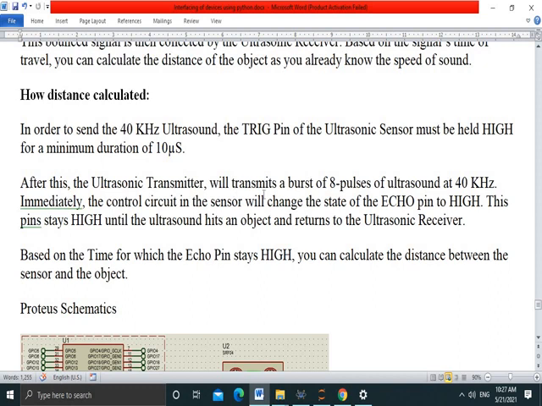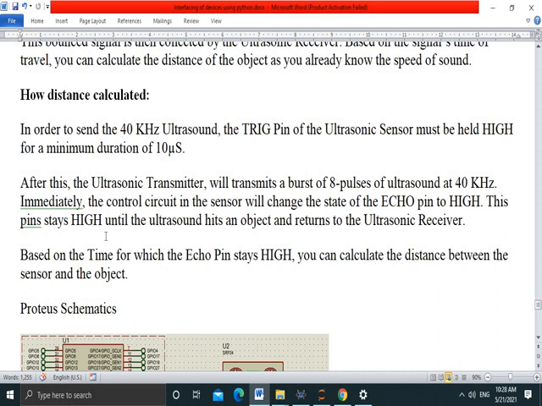The ultrasonic transmitter transmits 8 pulses at a frequency of 40 kHz, and the echo pin becomes high until the wave hits the object and the echo waveform returns to the ultrasonic receiver.